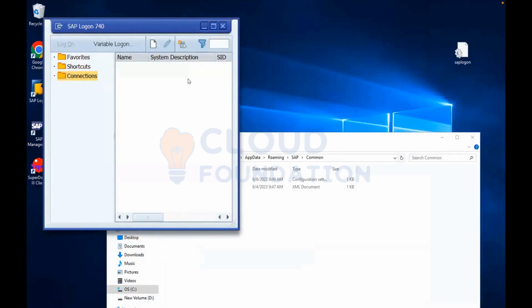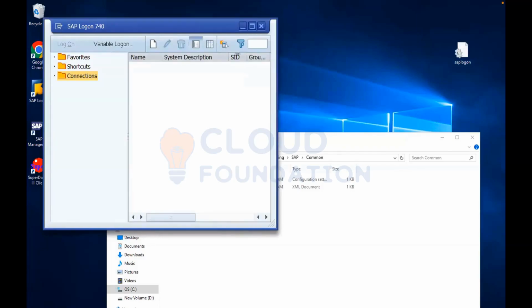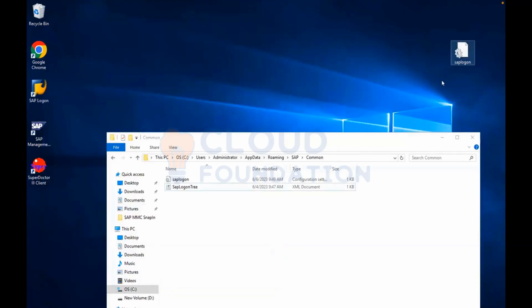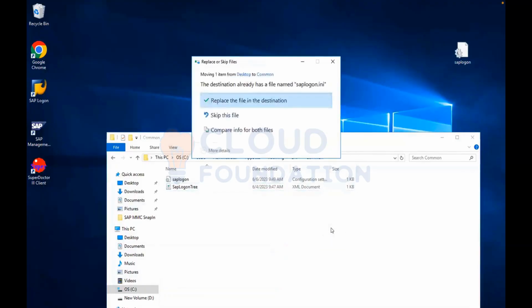Nothing. I would have to manually create the entry. Or, if we have copied that file into a particular location, I can copy and paste. I don't want to make the entry manually because I have already taken the backup of this file. I will go here and replace this file in the destination.